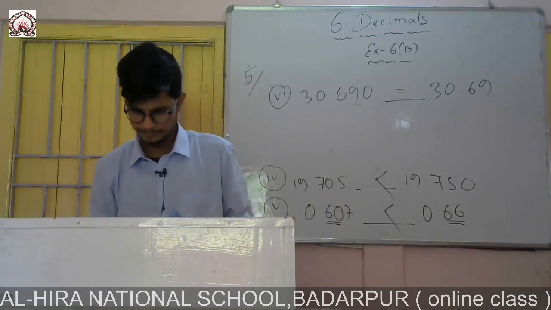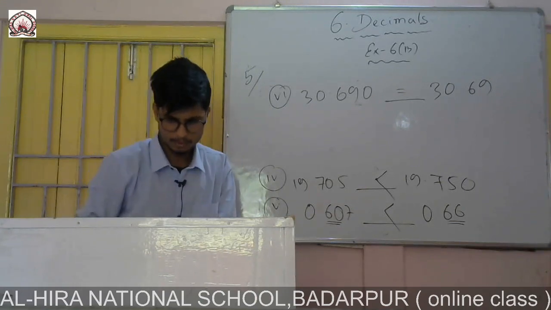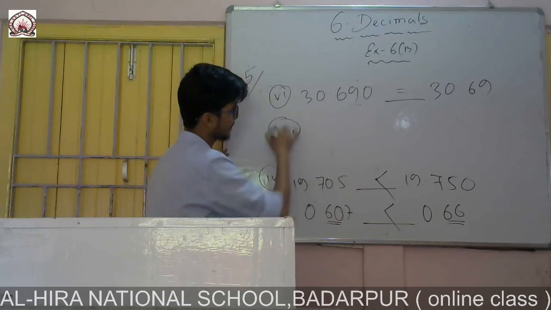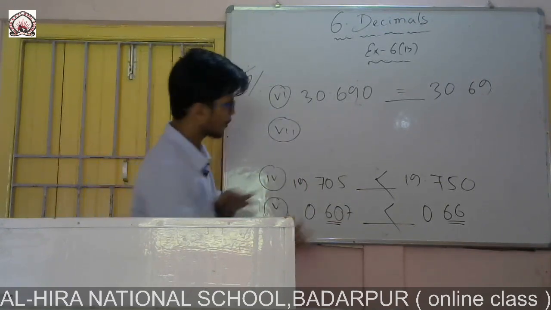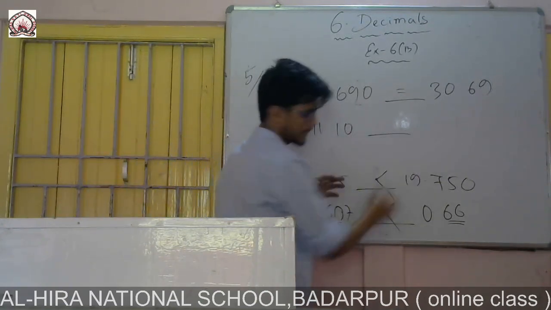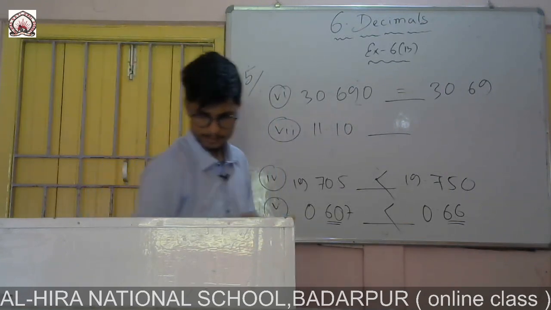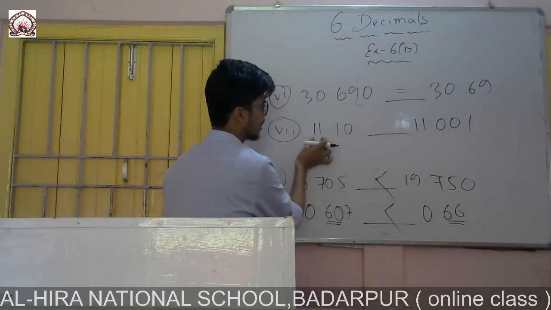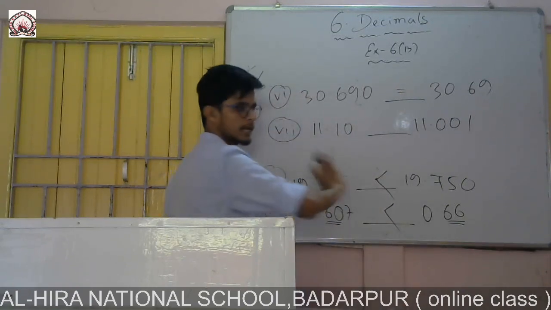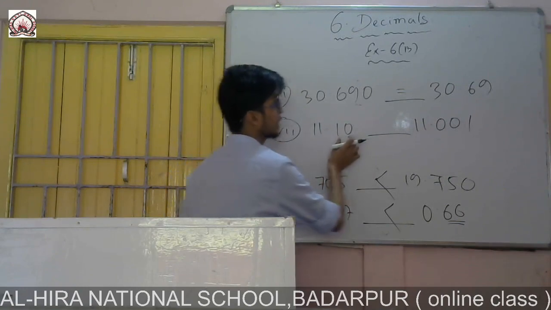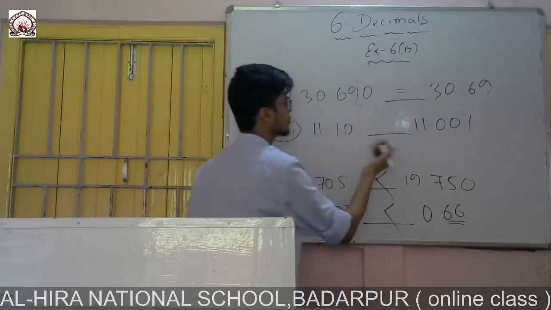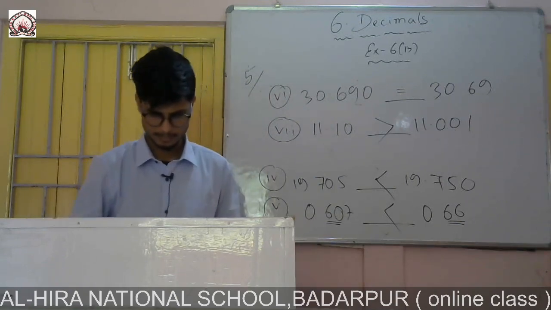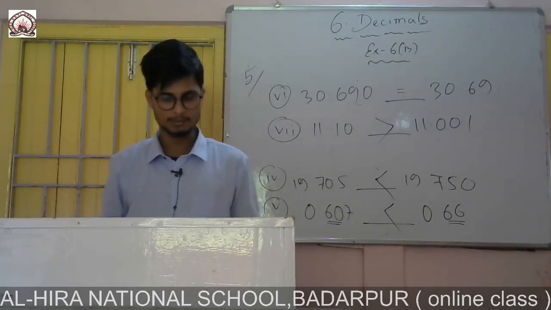All are same. Okay, let me do Roman number 7. It is 11.10 and that side it is given 11.001. What I have said, first of all, I will match these 2 parts. They are also 11, they are also 11, that means both of them are same. They are 10 and they are 0, 0. Which one is greater, 10 or 0, 0? 10. So this one will be greater. The rest 2 or 3 left, you write this one.